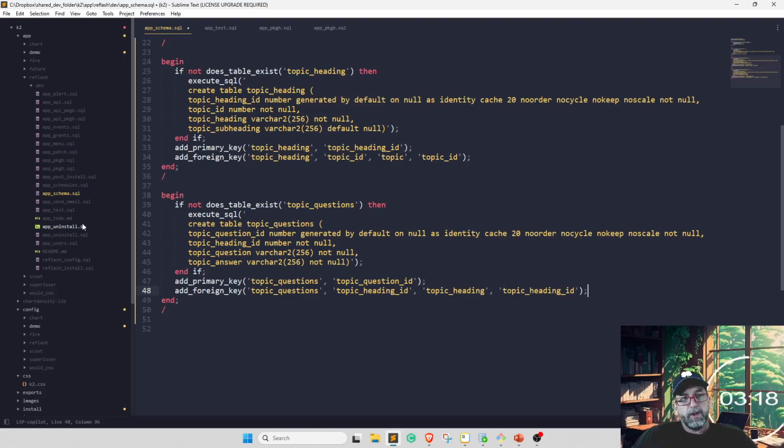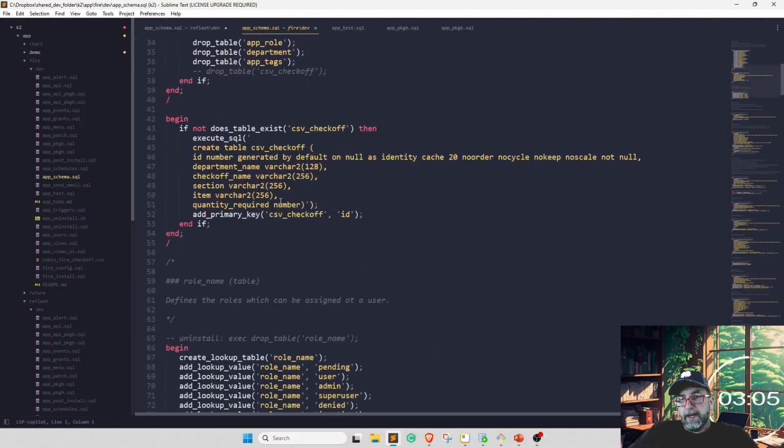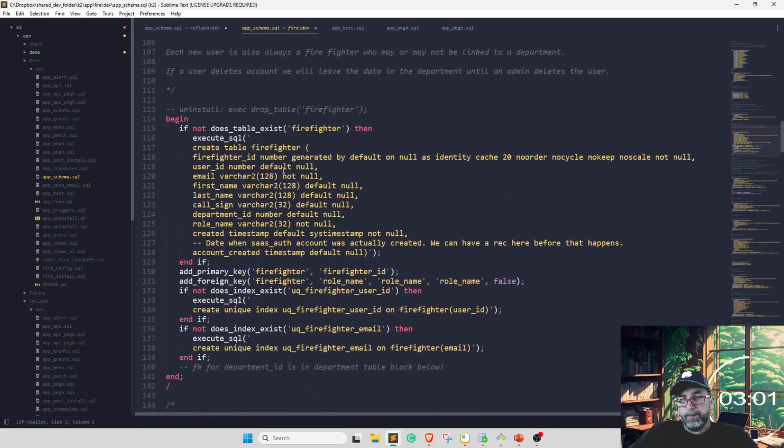Like with my firefighter application, I'll show you this. We have a firefighter table, and the department is created on the back end. So now we have a department.